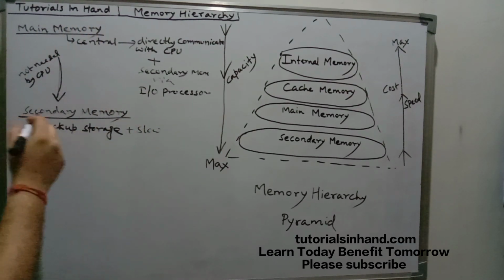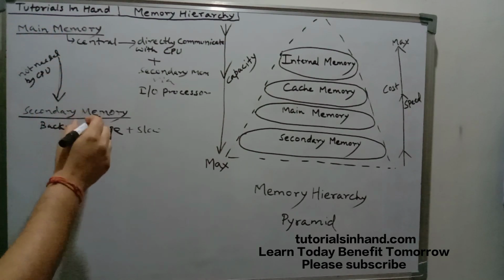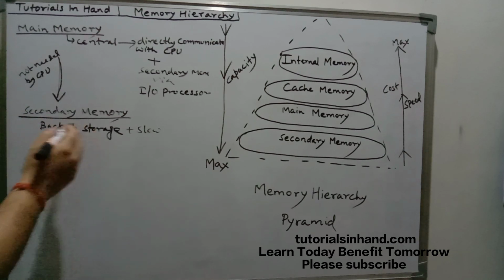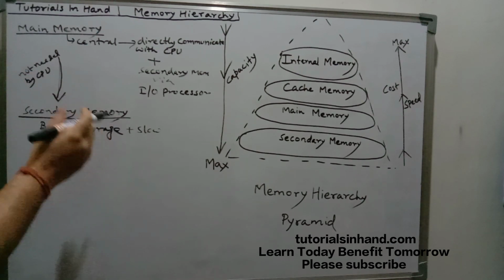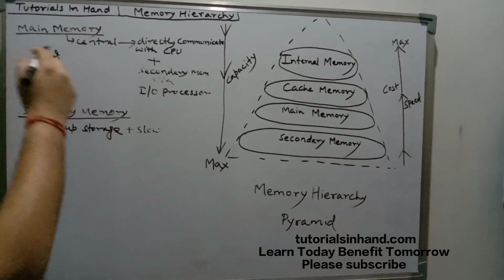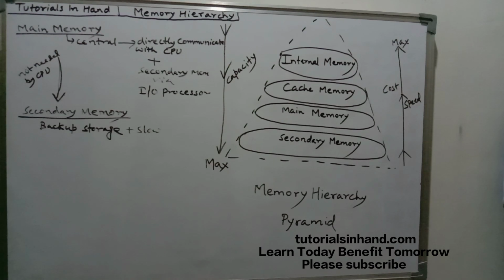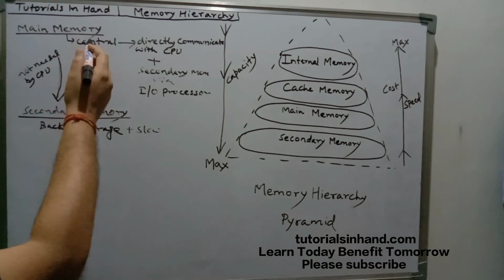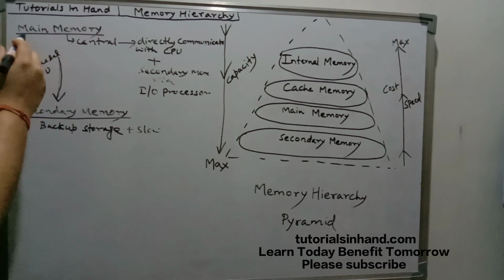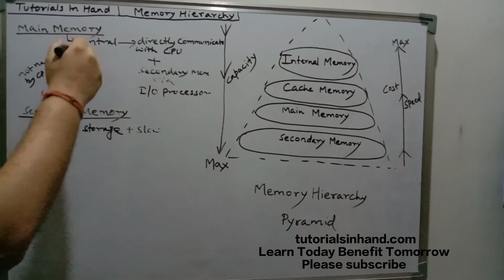If we start using secondary memory in place of main memory, what will happen? The computer's processing time will increase, because it will not be able to provide data and instructions to the CPU at a rapid pace. Even main memory is not able to provide data and instructions to the CPU at the pace it requires. That is why a phenomenon known as the von Neumann bottleneck arises. I have already explained that. You can go to that particular video and find out what the von Neumann bottleneck is.